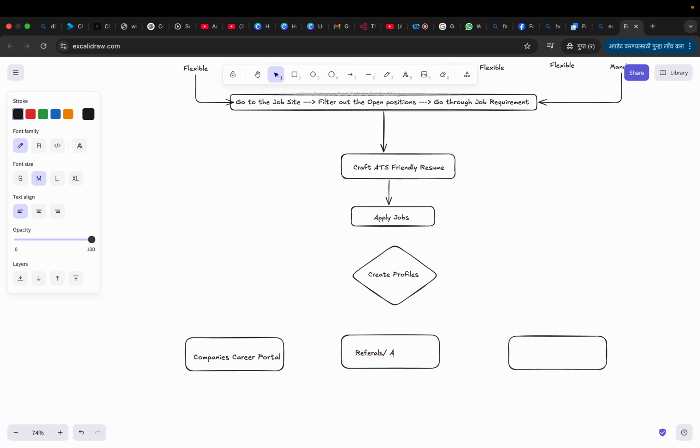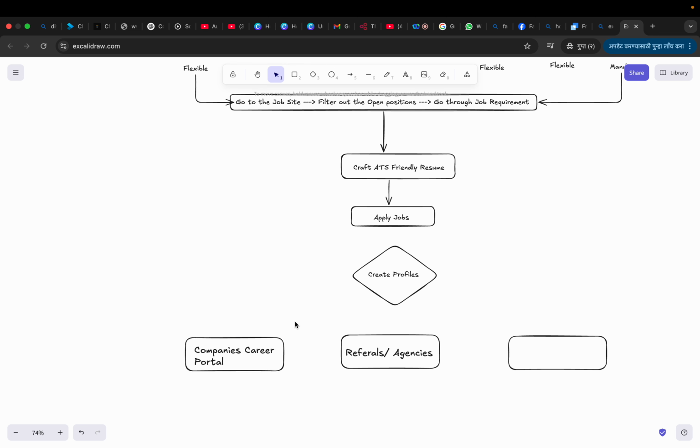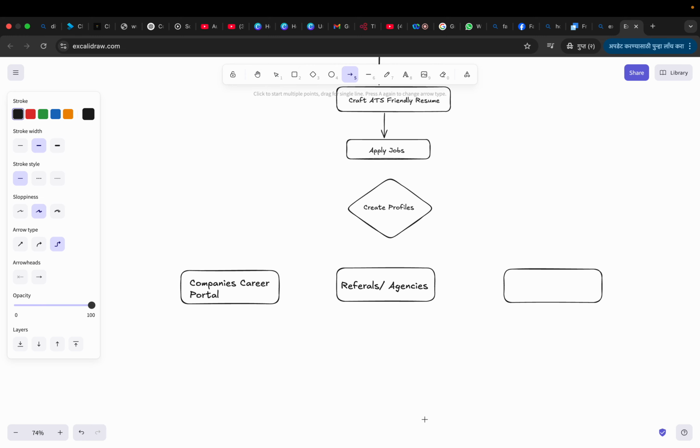or agencies. You should share your profile with agencies who are actively looking for or sourcing good candidates for companies. You should reach out to them as well, because through agencies you can quickly connect with HR or companies, and they can schedule your interview. One is you should create your profiles on career portals, and the second one is, as I said, you can reach out to the employees who are working with that particular company, and how you can reach out to the agencies or